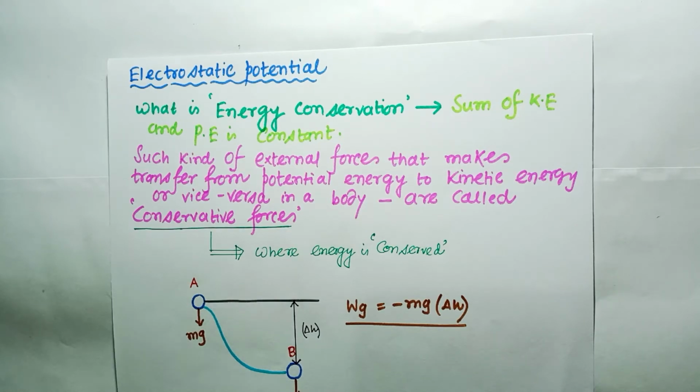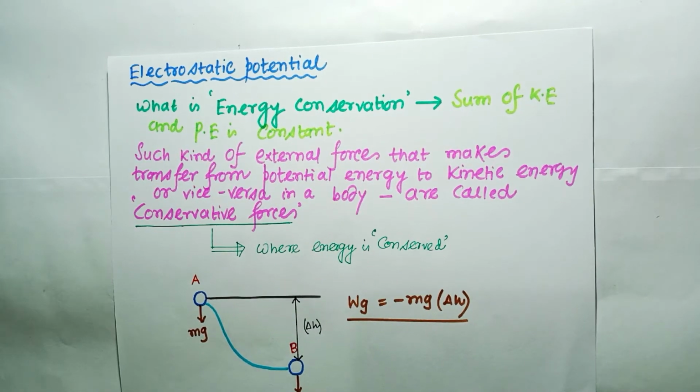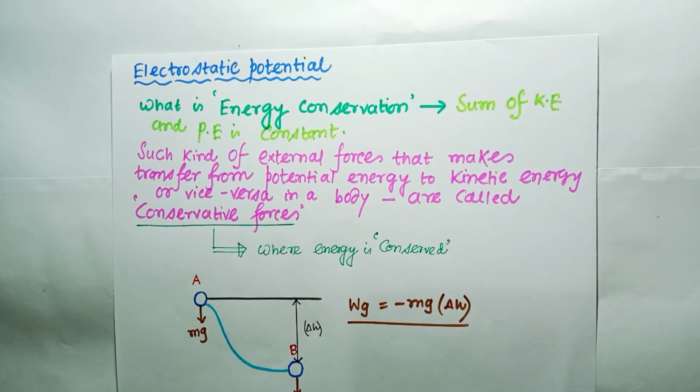So today in this video I will try to discuss one new topic, mostly on electrostatic potential. So let's begin. So what is potential energy? It is the energy that is stored in an object due to its position relative to some zeroth position. So there are different kinds of potential energy like gravitational potential energy, spring, magnetostatic potential energy, electrostatic potential energy,